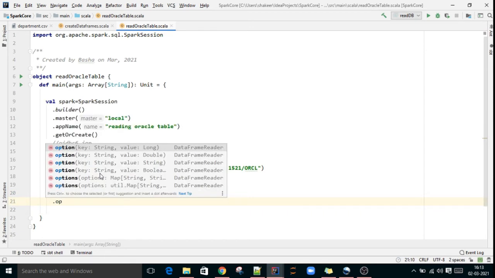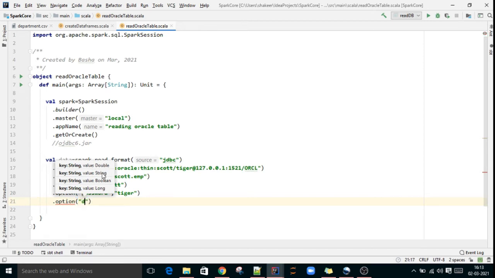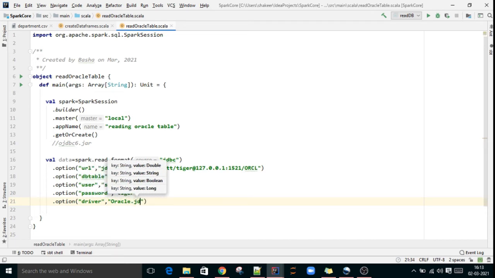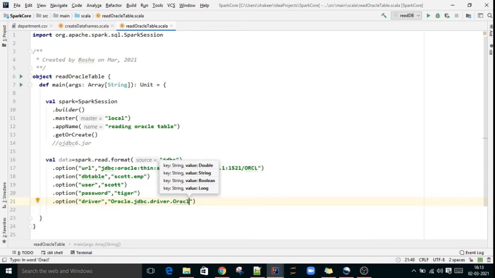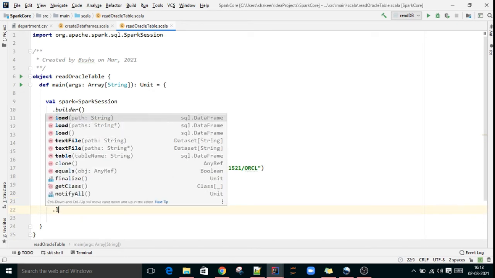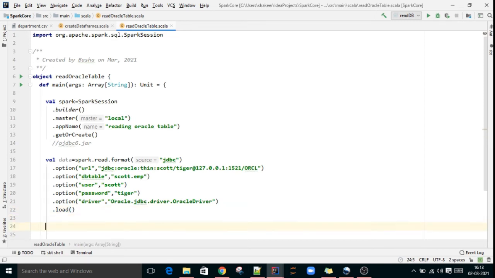Option driver equal to the standard Oracle driver, oracle.jdbc.driver.OracleDriver. These are important: the URL, format JDBC, driver, and the mandatory username and password.